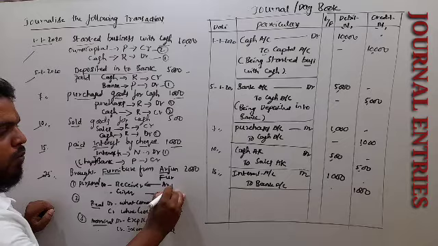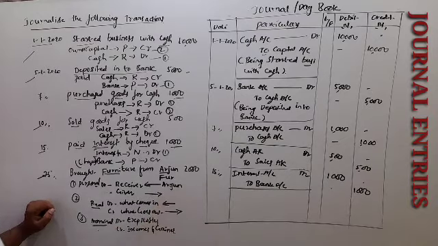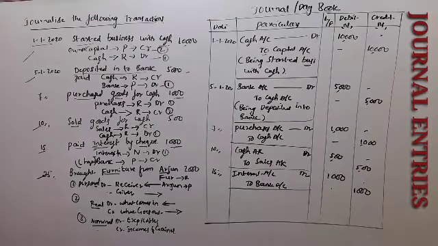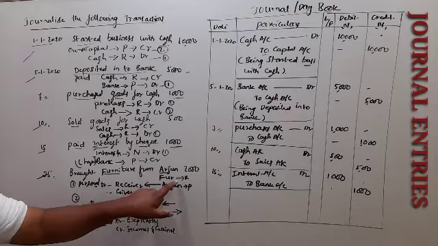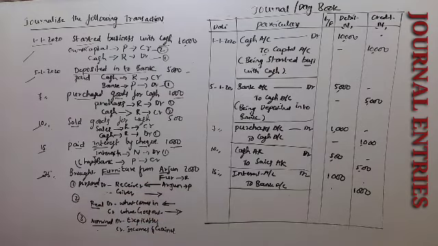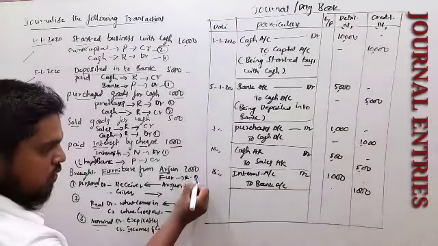Furniture is an asset. Purchased fixed assets here, furniture. So furniture is a real account. Arjun comes under the personal account. Purchased furniture from Arjun is a credit transaction. It's not a cash transaction. So furniture is a real account. Real account says debit what comes in. Furniture is coming to the business. So this is the debit side.